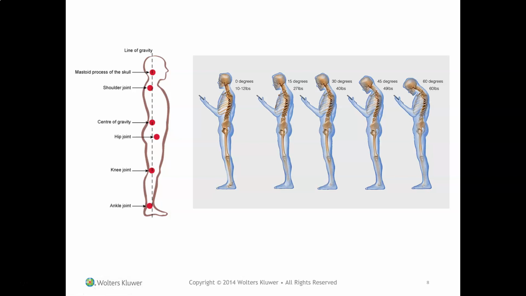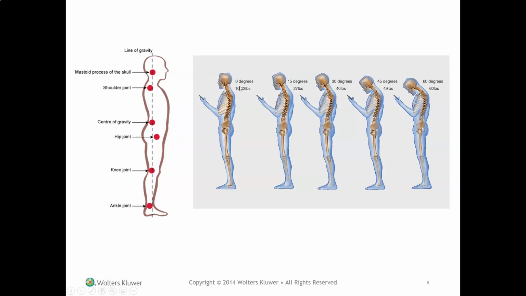Now, if you look at posture in a nutshell, we have the line of gravity. It should go through the mastoid process of the skull, the shoulder joint. Here's your center of gravity. Here's the hip joint, here's the knee joint and the ankle joint. It should be a plumb line that goes through here. Now,